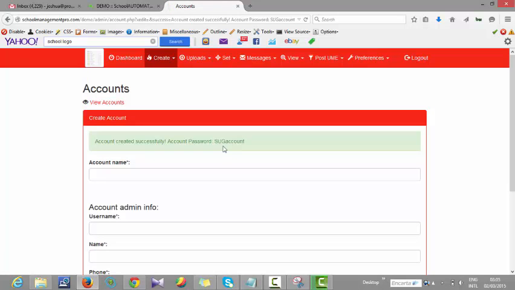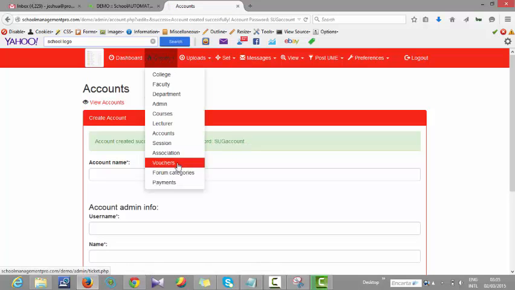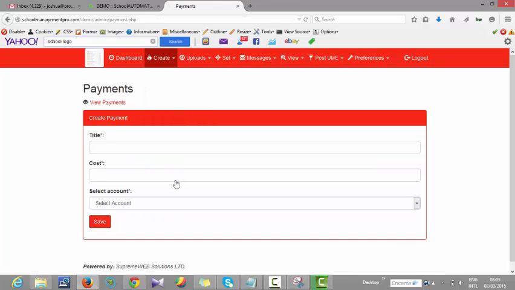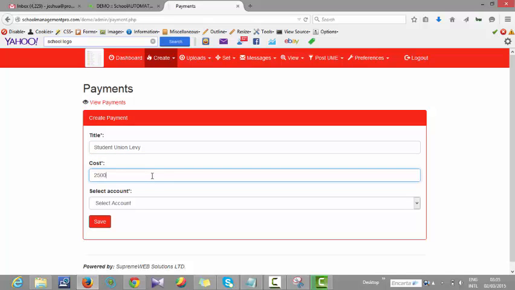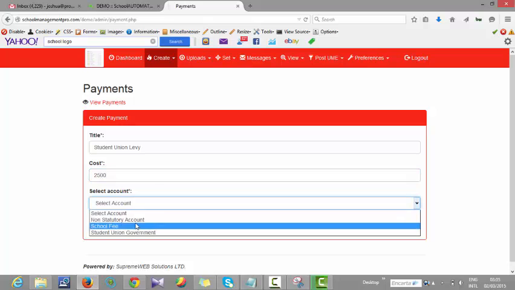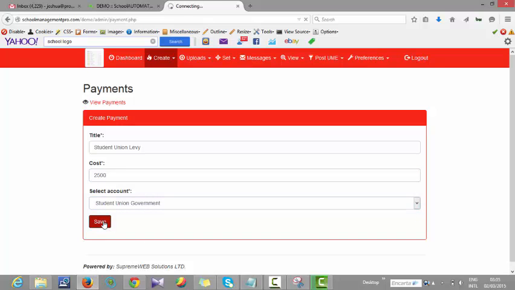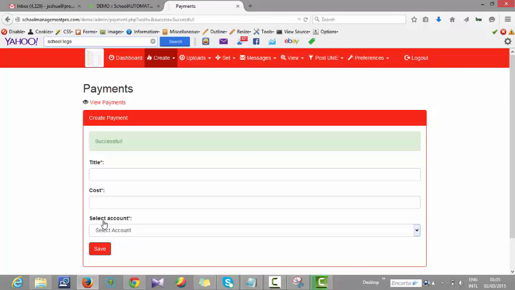Good. So the password remains SCG account. When I come back to create payments, the payment we want to create here is student union levy, and the cost we're saying is 25. We're selecting the account. Let's go into the student union government account. So save. This also allows the school to manage the funds properly, and they get to maintain a good